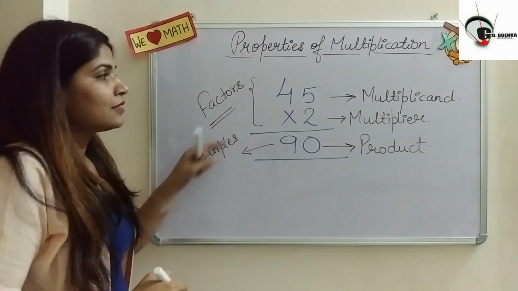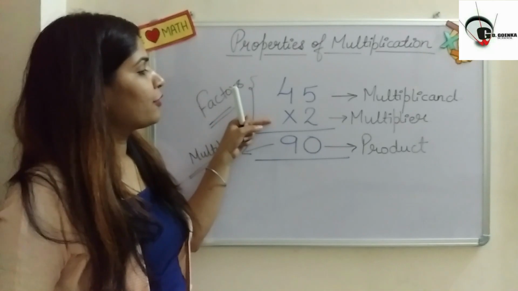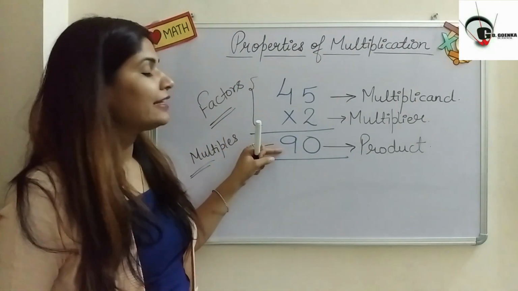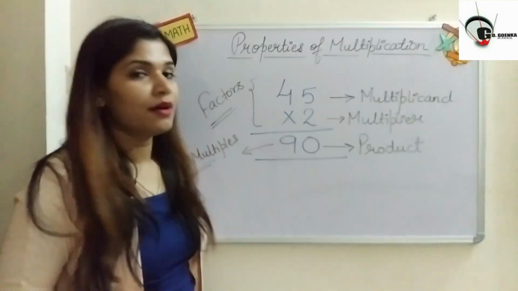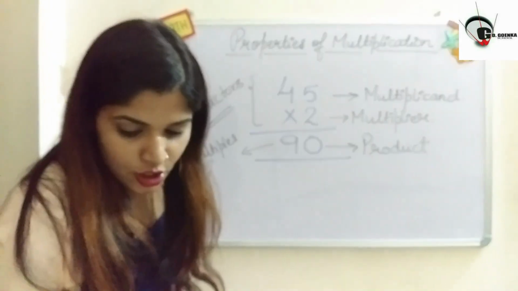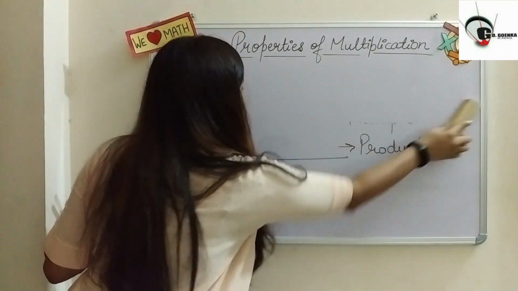So these are the terms. The number which we are multiplying is known as the multiplicand, the number by which we are multiplying is known as the multiplier, and the result is known as the product. So these are the terms we use generally in multiplication sums. So what is the next rule? The next rule is,